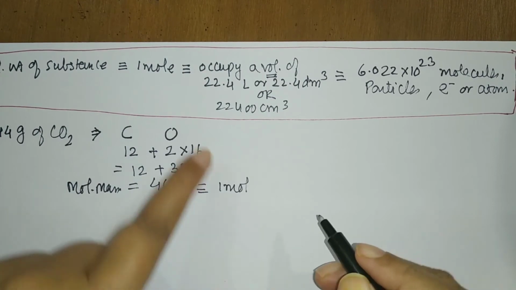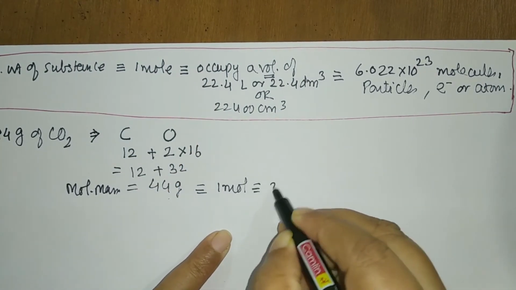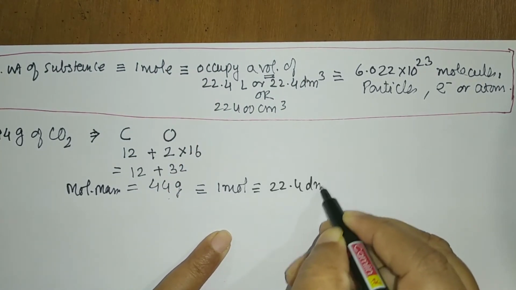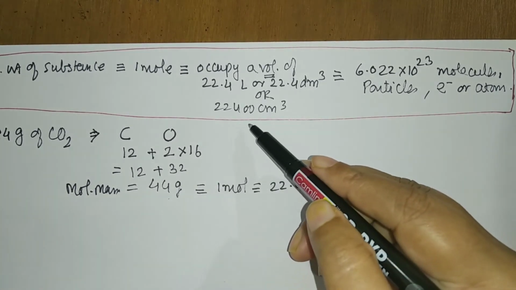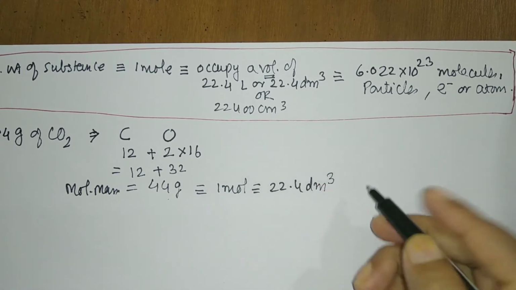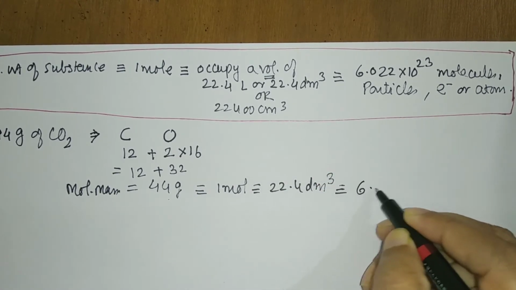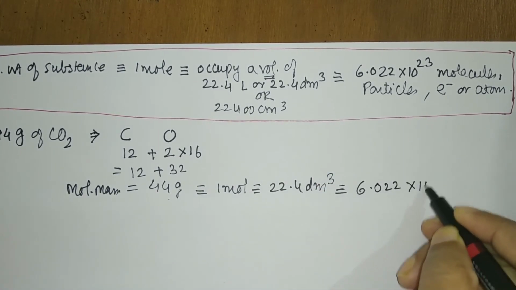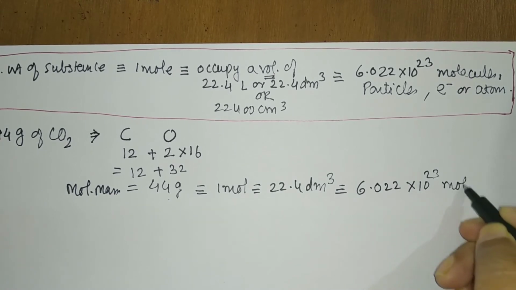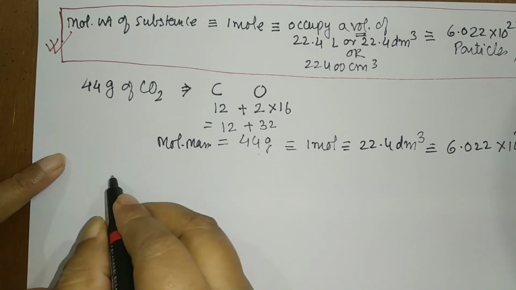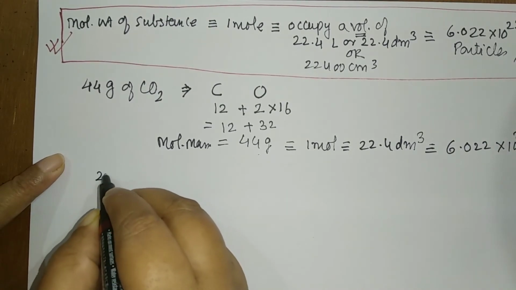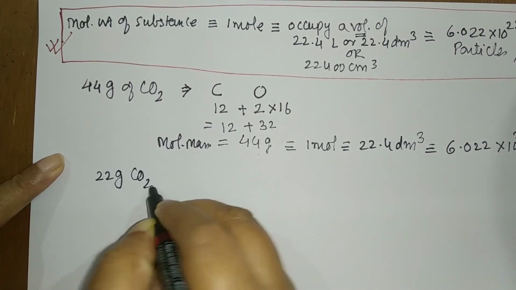And it must occupy a volume of 22.4 dm cube or 22.4 liter or 22400 cubic centimeter. And it must contain Avogadro number of molecules. So, students, if I ask you a question here that if I take 22 gram of carbon dioxide, means